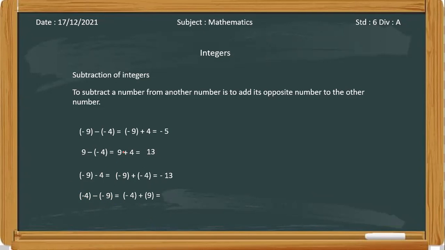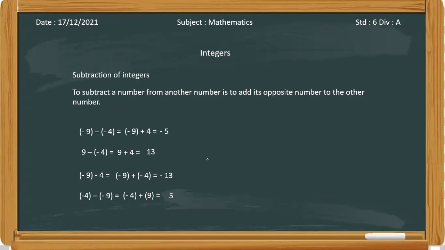So it is similar to the first sum. There is one negative sign and one positive sign. So what are we going to do? Are we going to subtract or add? Subtract. So what will be the answer by subtracting -4 and 9? 5. Only 5. The bigger number's sign is positive, so our answer will be 5. Okay, so have you understood it? Any doubt? Yes, ma'am, no doubt.